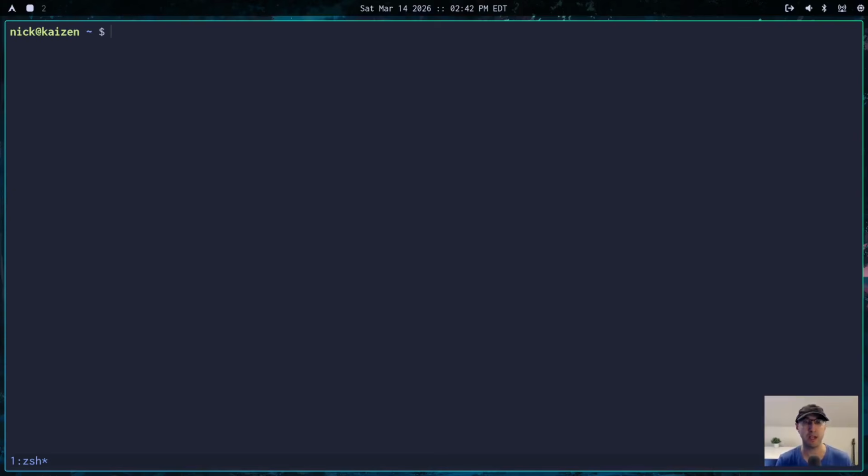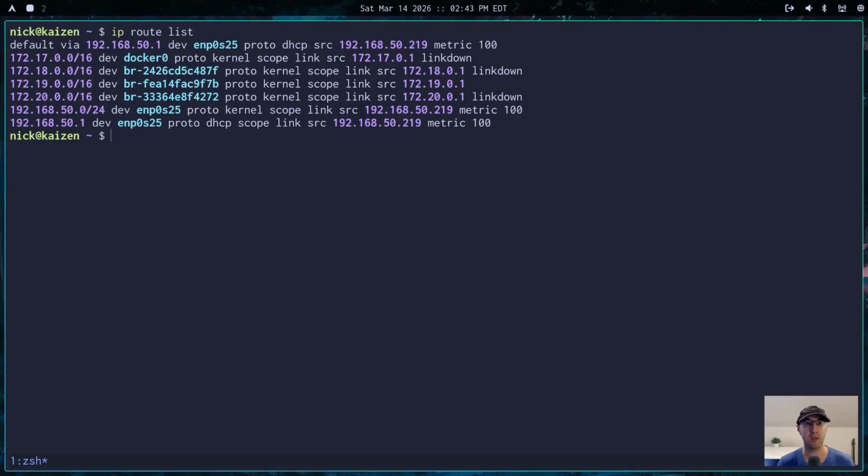But when it comes to getting your local IP address, that's a little bit different depending on what operating system you're using, native Linux or macOS, etc., different commands. But if you're on native Linux, you can run something like ip route list here, which is going to get a list of all of your network interfaces. In my case here, I happen to be using a wired Ethernet connection on a desktop machine here, and mine is going to be this one here, my default gateway, and my local IP address is the one that ends